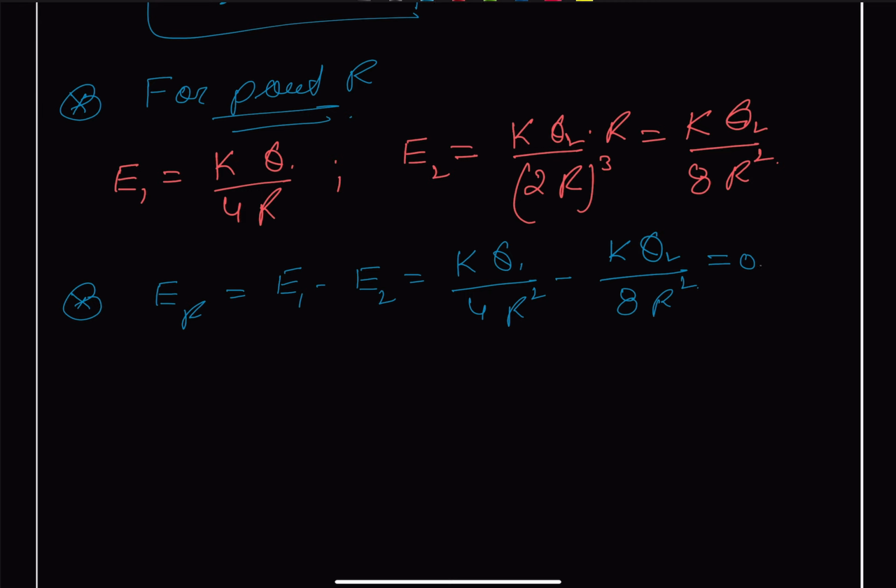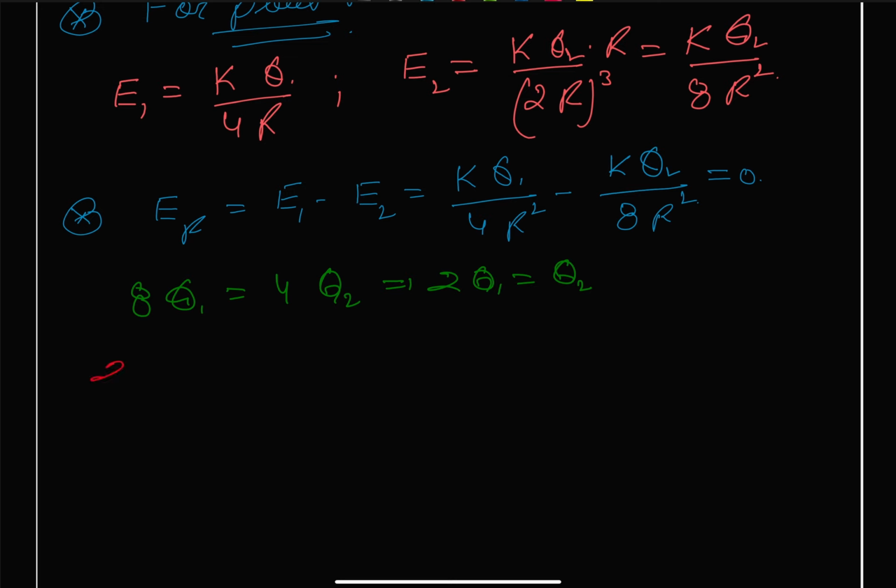So this gives us that 8Q1 is equal to 4 times Q2, which gives us that 2Q1 is equal to Q2. Now we can easily substitute the values of Q1 and Q2. So this gives us that